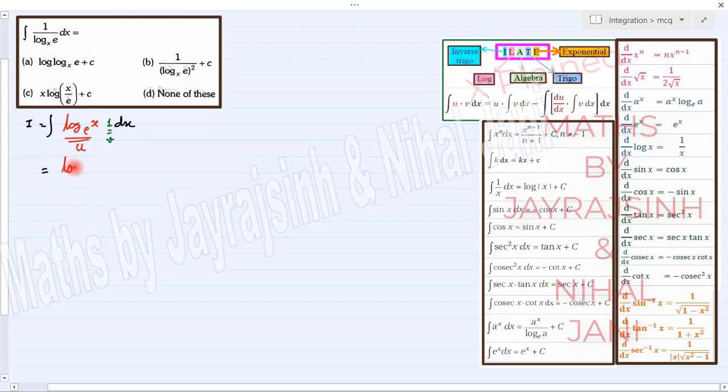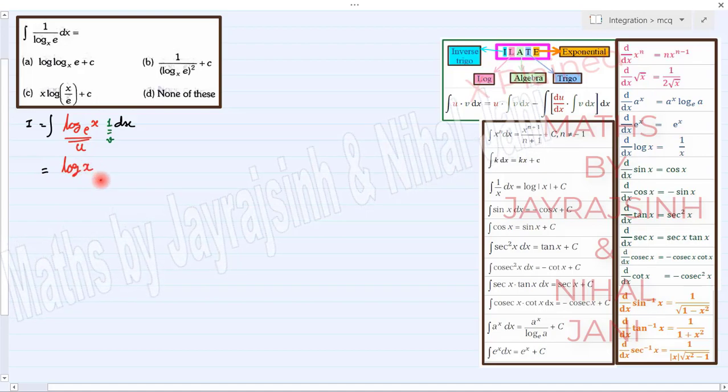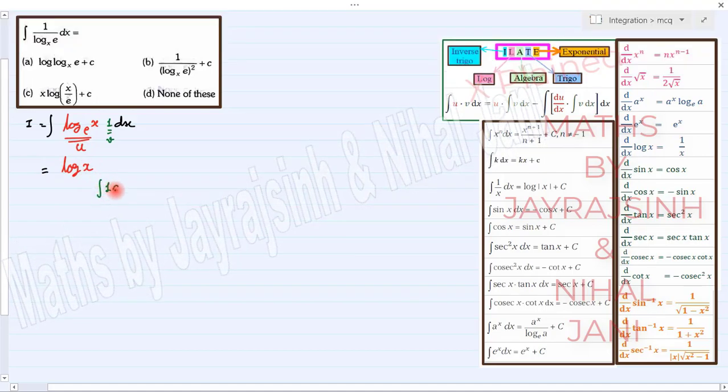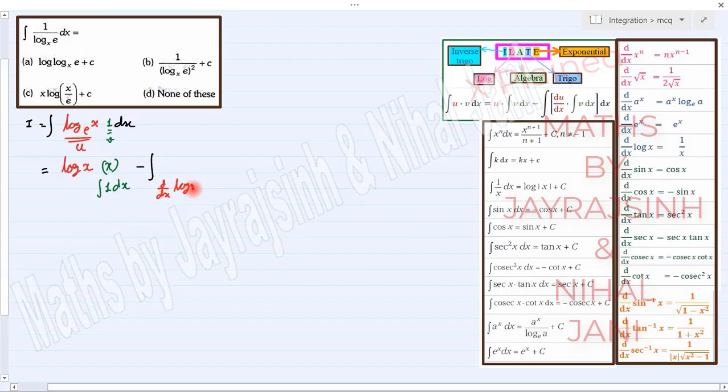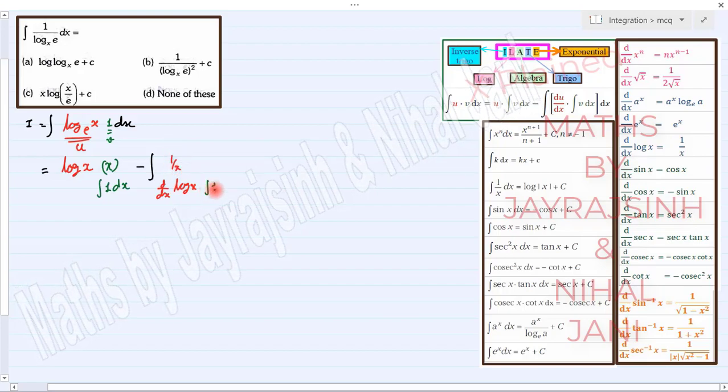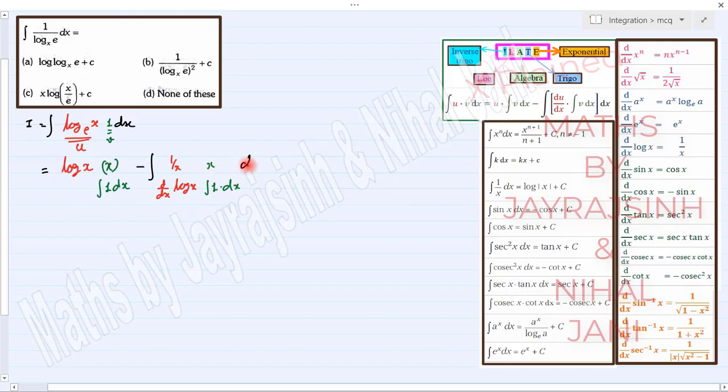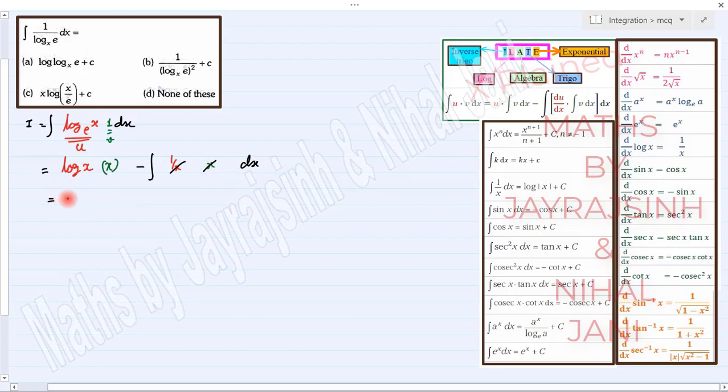In first term, your u, or we can say log x, will be as it is, and we have to integrate v, which is 1. So it will be x minus integration of differentiation of u, or we can say differentiation of log x will be 1 by x, and integration of v, so it will be x dot dx. So here x will cancel out,